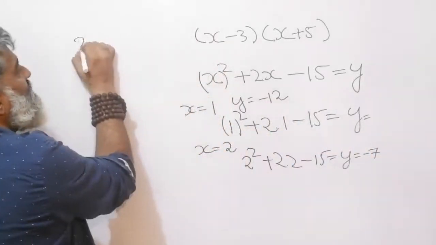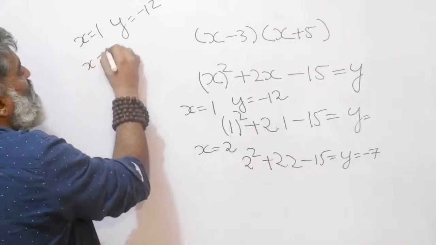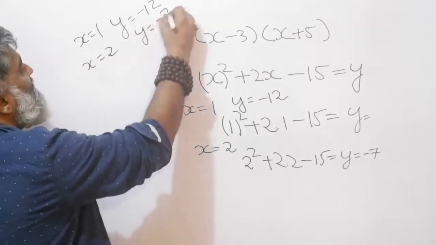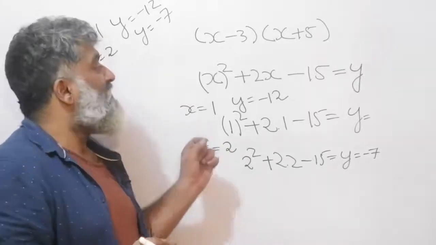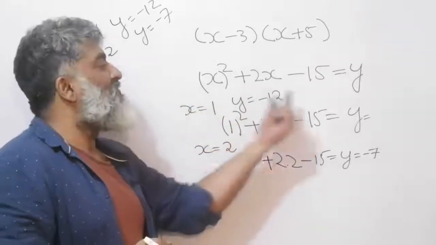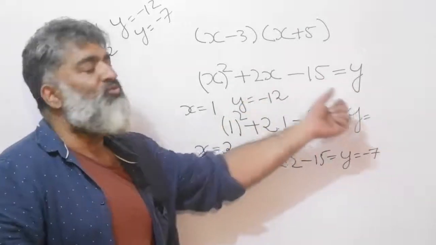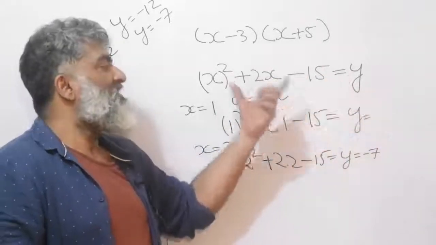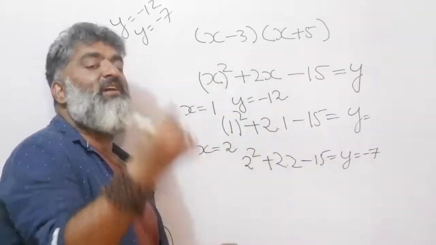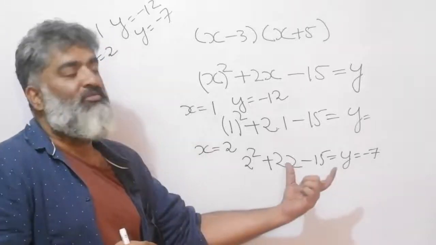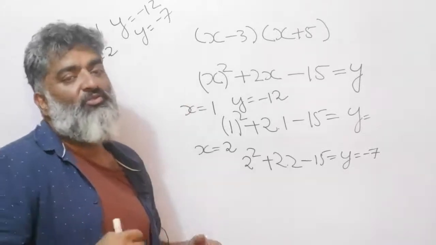So I can start making a table. x is equal to 1 and y is equal to minus 12. When x is equal to 2, y is equal to minus 7. And I can go step by step. Right now I'm just trying to understand the relationship that for any given value of x, I am connecting it now to a second variable. Now instead of x and y, you could have p and q, you could have a and b or whatever. But the essential idea being, if I put a constant instead of a variable, what is the final output going to be, right? So this is again step 0, day 0, idea number 0 for whatever we are going to do next.